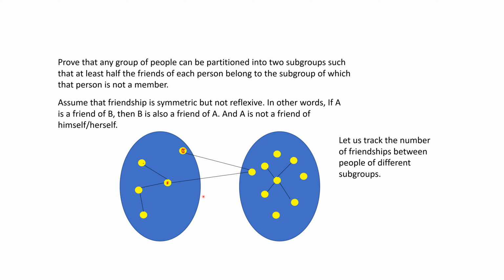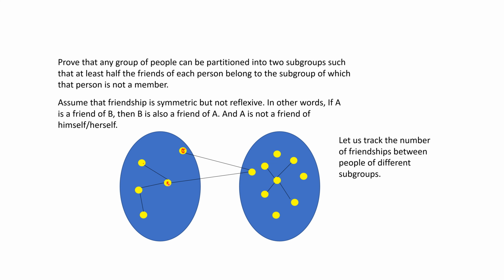Think about it. And what can be the maximum number of friendships between people of different subgroups? That is obviously limited. If the total number of people in this group is n, then obviously that number is maximum nC2. It cannot be more than that. Because that number is limited,